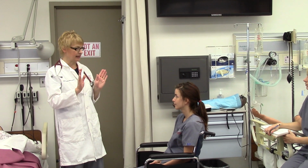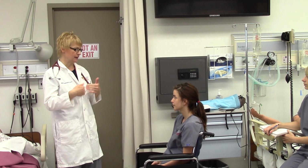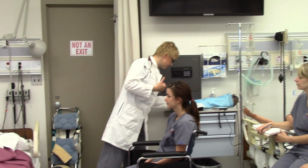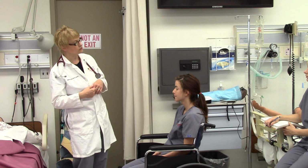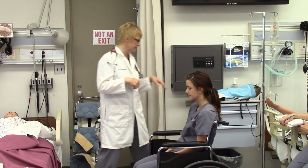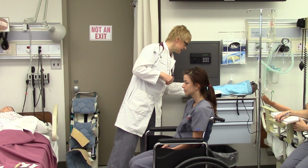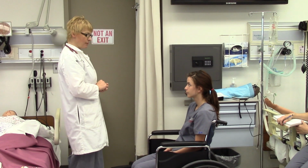I don't see any redness of the conjunctiva. I don't see any drainage. Did I hit all the structures of the eyes? Did I miss anything? Oh, the lids are without swelling. And many times that's where we would see swelling, is in the lids and around the eyes. Okay, so speaking to the eyes specifically, and then I could ask her to follow my finger, and I would